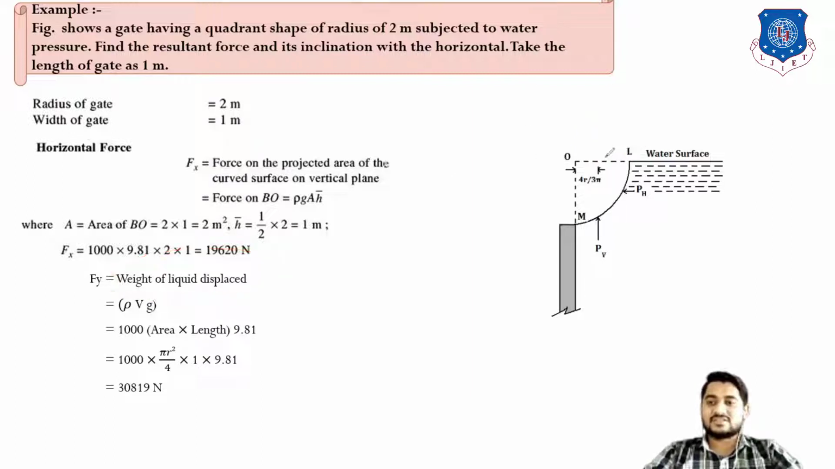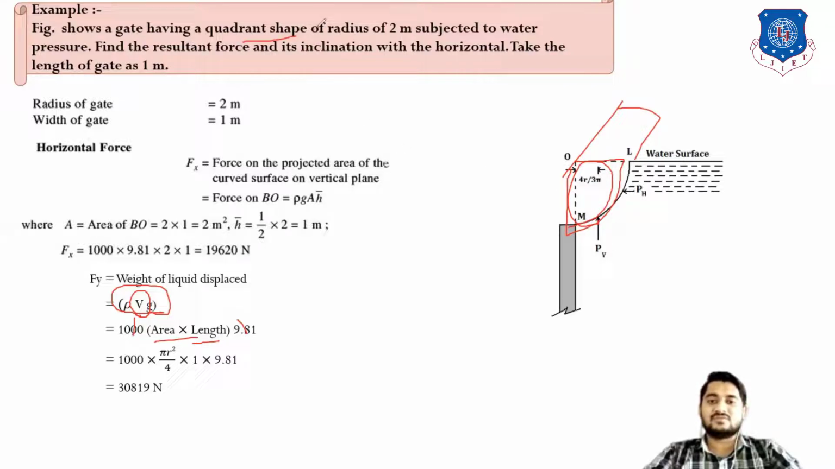Now if we consider this quadrant shape, then the weight of the liquid is rho V g. Rho is 1000, g is 9.81. Then volume will be area into backside length. Clear? So area will be into backside length. From this sketch, area of this quadrant shape,